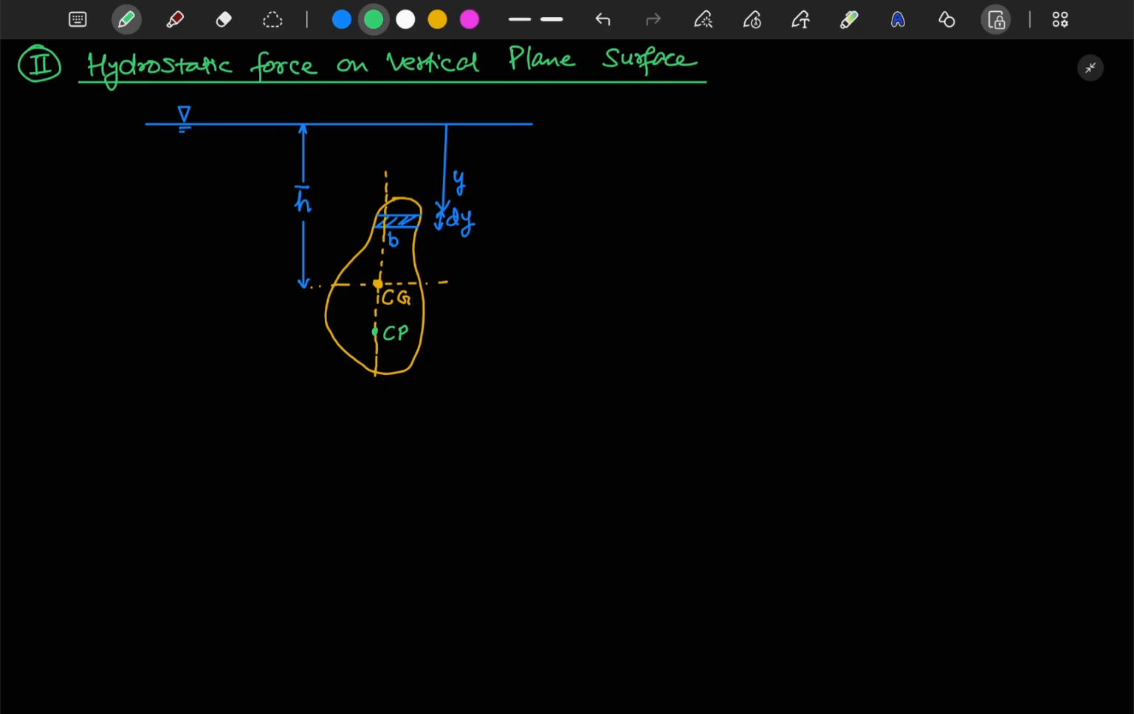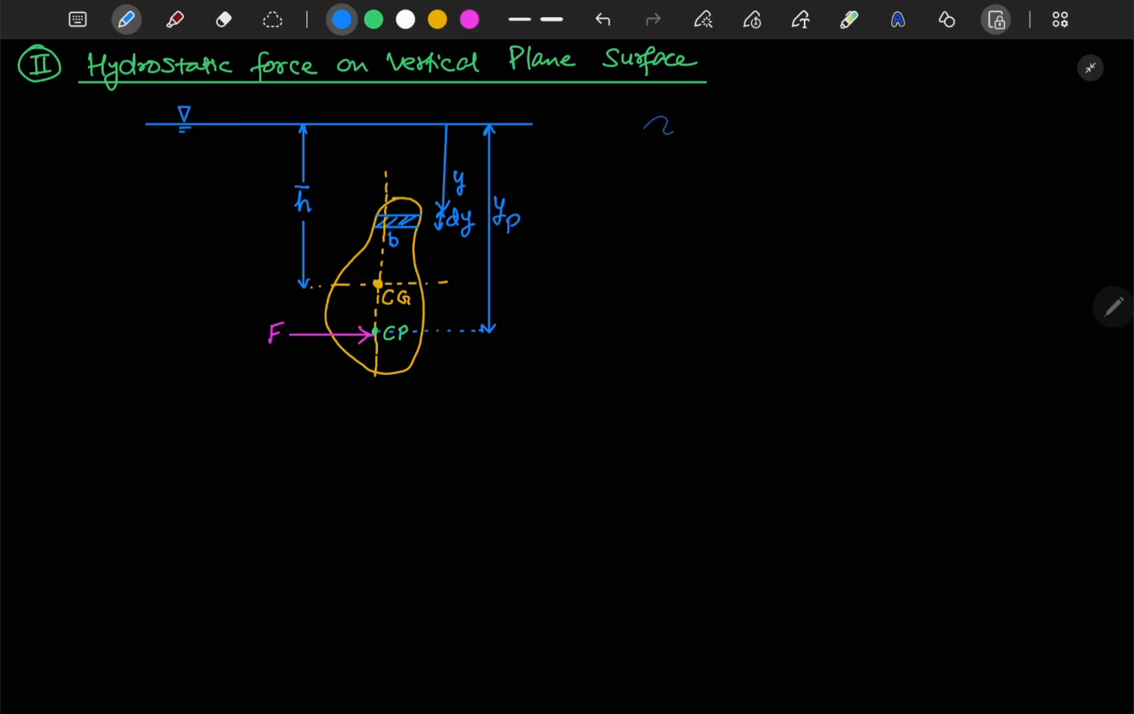Okay, and this distance up to CP is represented by your YP. Okay, center of pressure point, the point of application, and at this point CP is your total hydrostatic force F. Okay, I hope you get till here. Okay, now